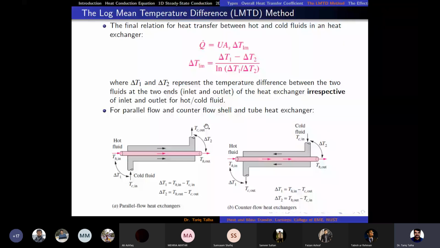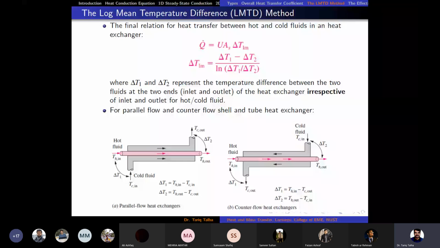So, in order to apply this analysis on those types of heat exchangers which are generally used in industry, we need to have some complex